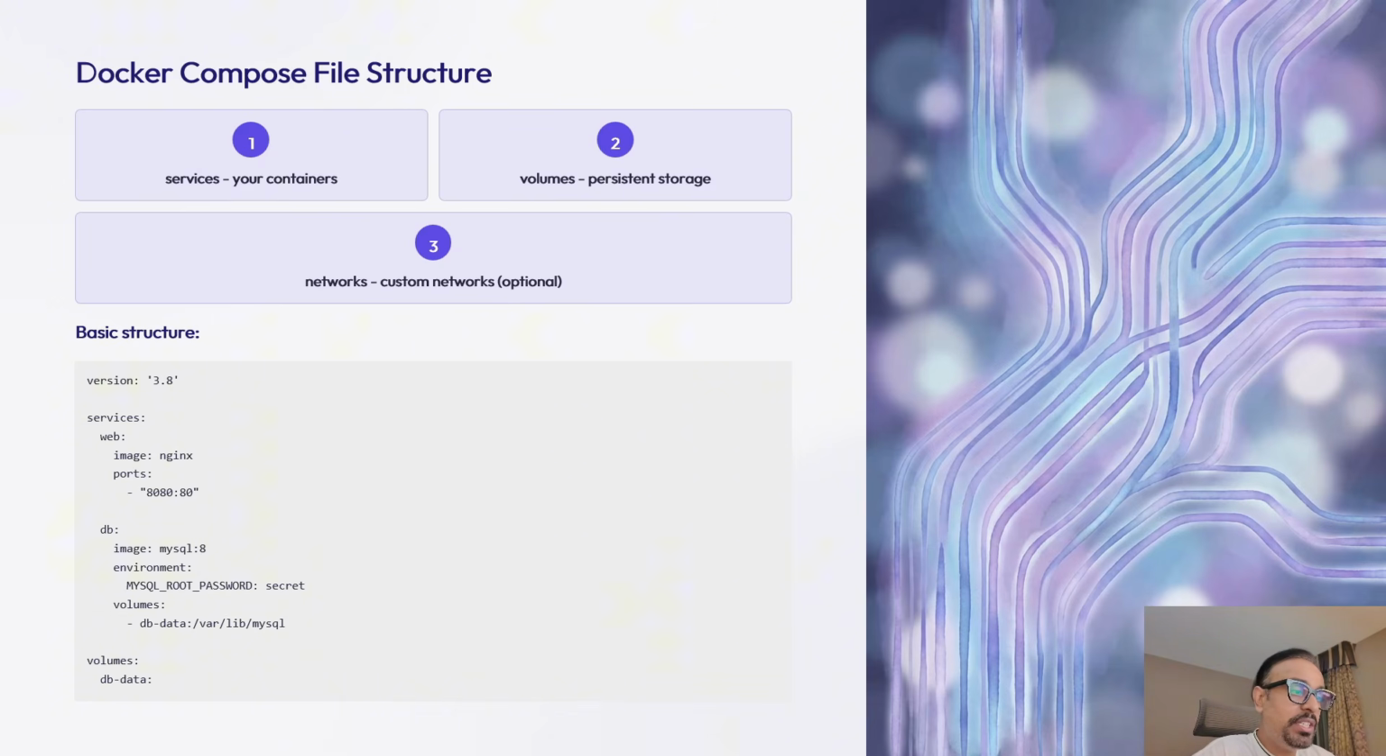This YAML structure is intuitive. Indentation matters over here. Key value pairs should be clear, and it reads almost like documentation. Whenever you're creating this file, the only thing that you have to take care of is the indentation over here. Right now it is not showing, but when I'm going to show you the real example that I have ready for you,